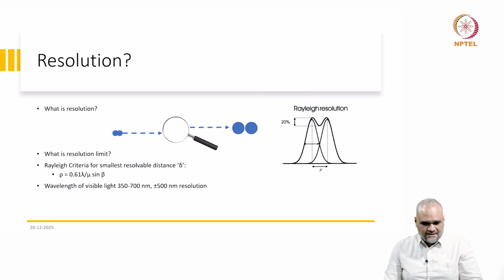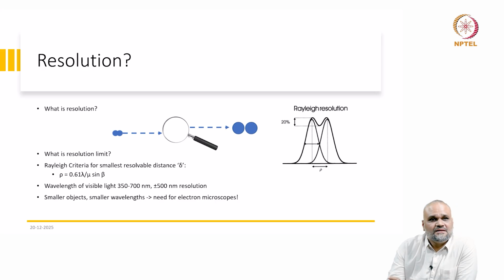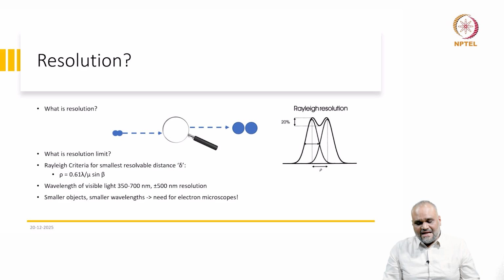The mindset or the thought process of improving resolution and getting better and better information was, if you want to view smaller objects, use smaller wavelengths and then go towards electron microscopes. So if you look at the field of electron microscopy, largely from the year when it was invented, which was in mid 1930s to 1940s by Ernst Ruska,